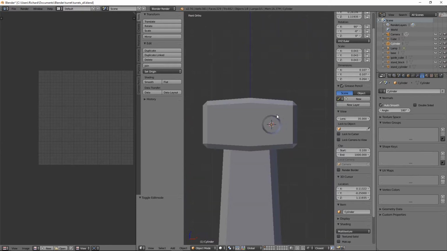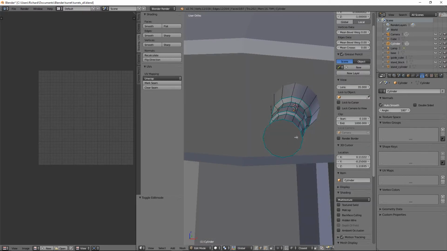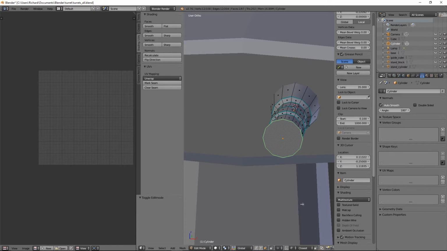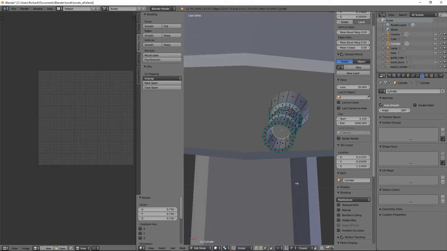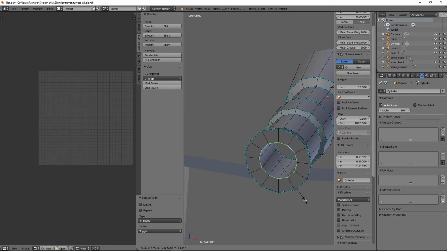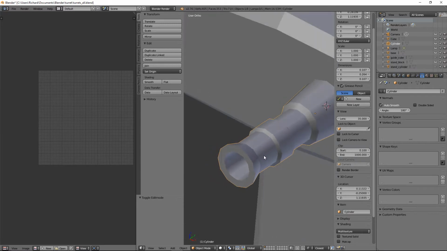But what I want to do is I want to make the. By the way, what I was going to say to you was, what you could do is if you go to face mode, is you could select that, do I to inset edges, pick up. Why is it being a monkey? Tab, Control A, rotation and scale. Tab that, and just do I. That's better. And then E as scale or something like that. Okay, yeah, we can see that I would probably make that a bit smaller, scale that in like that maybe. Yeah, so you've got a kind of big barrel edge, and we can do that, but you can probably see